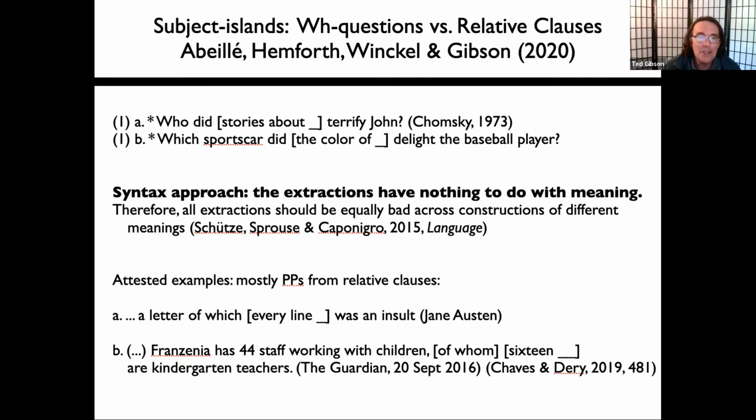But it turns out that there are many attested examples in normal use of extractions out of subjects. They're mostly prepositional phrases that come out of relative clauses, but that's not relevant to this approach. That shouldn't be possible, such as these in English. So I love this example, this punchy writing from Jane Austen: a letter of which every line was an insult. That's from one of her novels. And I really think it's a lovely turn of phrase, but that is this